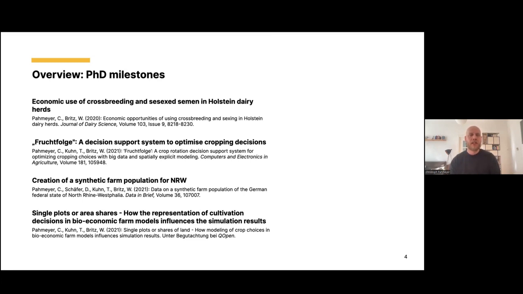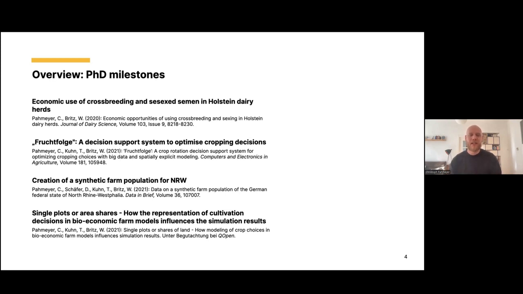And so essentially the PhD, with this background and the two projects, consisted of the following 4 papers. The first paper essentially discussed the economic use of crossbreeding and sex semen in Holstein dairy herds. That's oddly specific, I know, but that's just because the project was about that. So for those of you who don't know what both crossbreeding and sex semen are, let's start with the